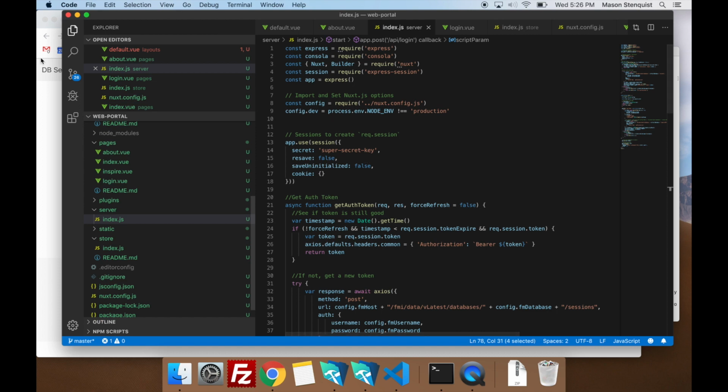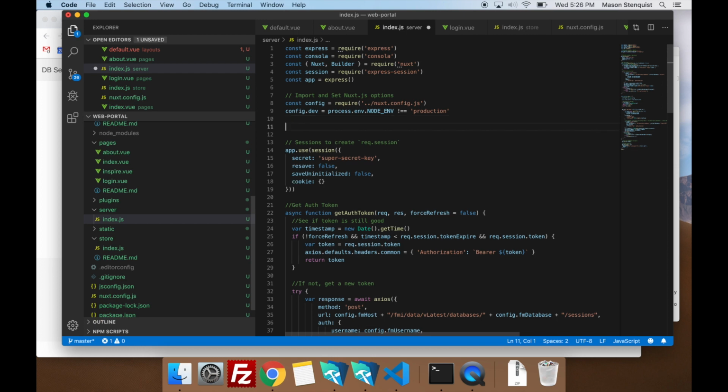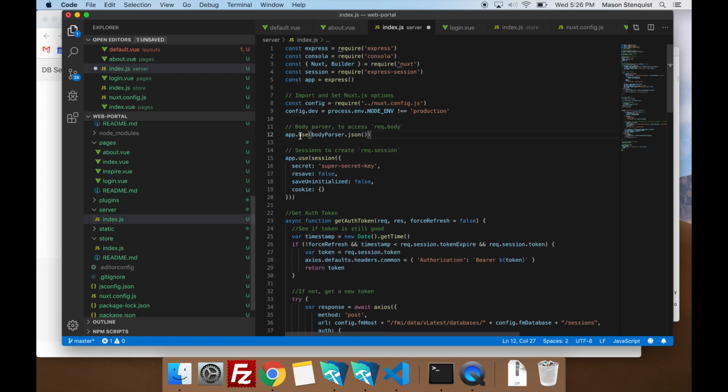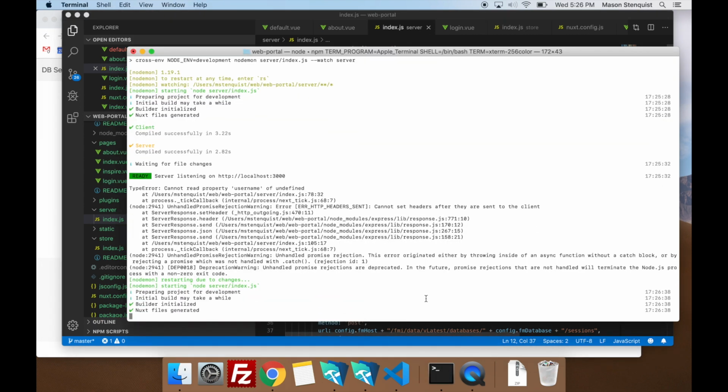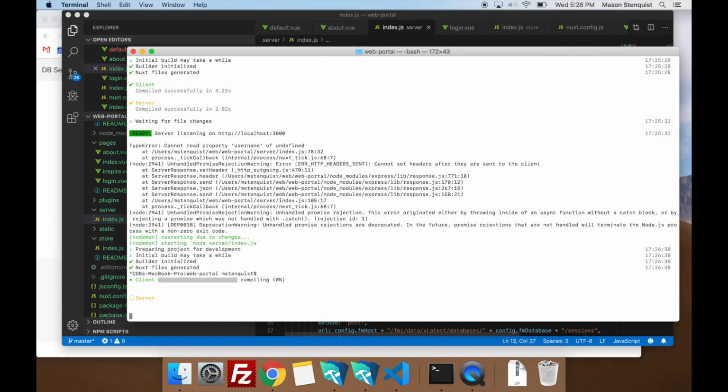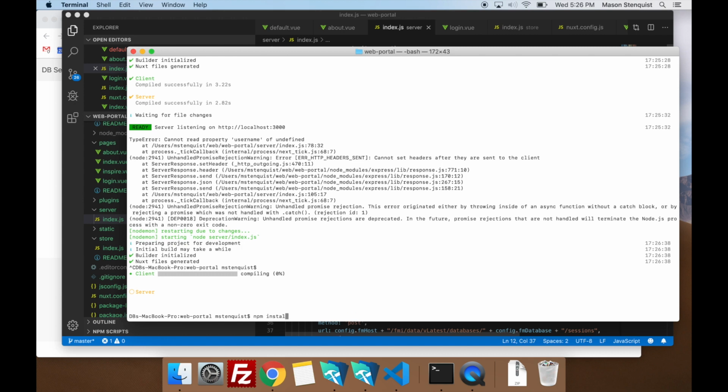So yeah, we need to set up Express so that it has access, and that we know that we're sending JSON data to our Express app. So we'll just do app.use body parser, which is built in, .json. Or sorry, that is not built in. We might need to install this. I'll include it here, but I believe we're going to need to stop this. npm install.